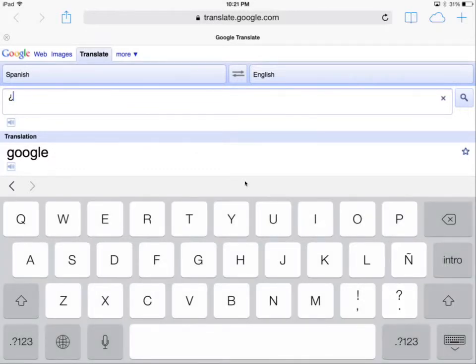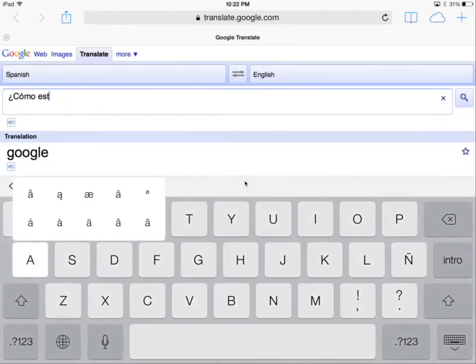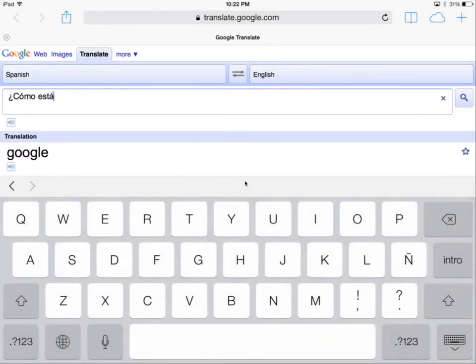And then, I can type the rest of it fairly simply, capital C, and then to get the accent over the letter O, I hold down the letter O, a pop-up menu appears, and I drag to the proper accented character. Then I finish the word, and then está also has an accent, and so I'm going to hold down the letter A. Once I do that, I drag up to the proper accented character,